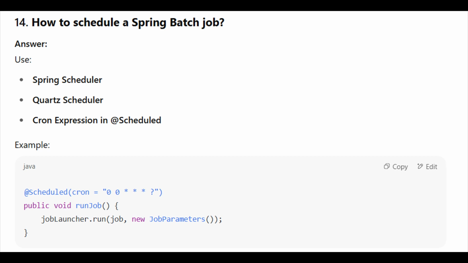14. How to schedule a Spring Batch job? Answer: Use Spring Scheduler or Quartz Scheduler, with a cron expression in @Scheduled. @Scheduled(cron = "0 0 * * * *") public void runJob() { jobLauncher.run(job, new JobParameters()); }